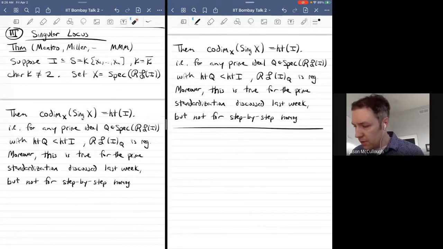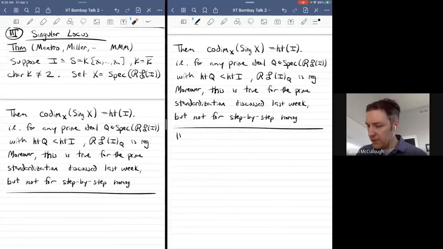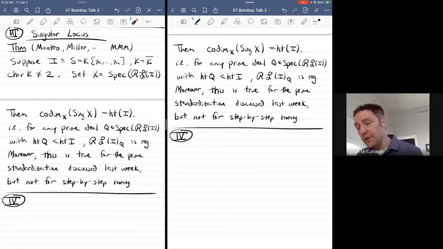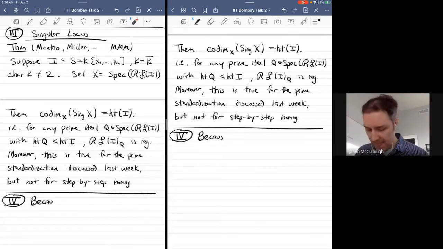So once we understand the singular locus, I can start saying, all right, maybe I can take hyperplane sections until I get down to something that's smooth. And then maybe I can even hope that I could come up with smooth counterexamples to the Eisenbud-Goto conjecture. Well, we can't, and I'll explain why. So because we understand the singular locus,